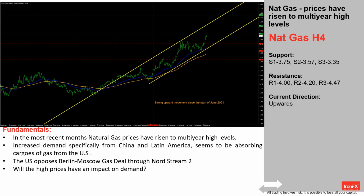On a different note, an interesting view by the Energy Information Administration prevailed that was highlighted in its short-term energy outlook released at the start of July. The EIA expects natural gas consumption to decline by 1.1% in 2021 and then grow by 0.7% in 2022. This could be due to prices reaching multi-year high levels, so natural gas could be becoming a little bit expensive at this point. But as a more long-term view,